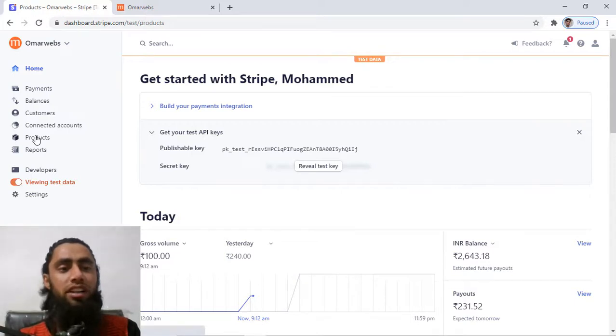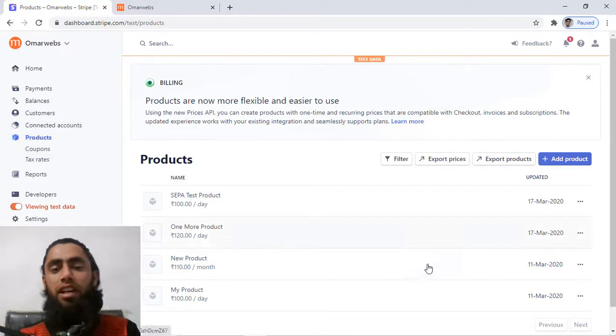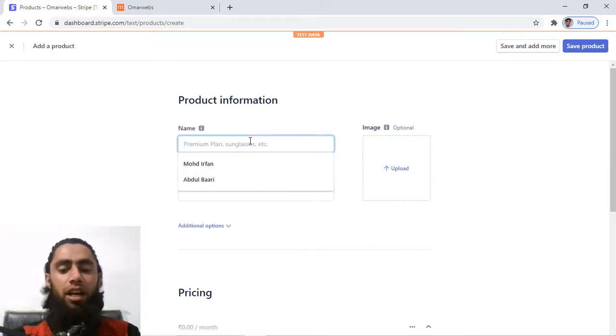So currently you can see that we have a menu over here, and on the left hand side we have the products. So you have to click over it, and we have a lot of products here I have already created, but now I am going to create a new product. So click on add product. We need to write here the name of the product. So for example, I am writing here t-shirt,